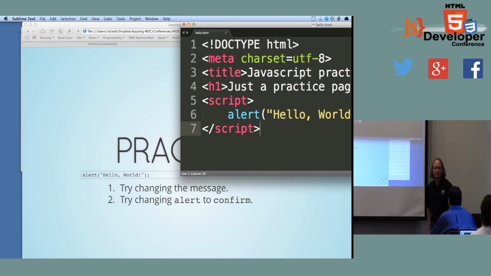So is there any software that can take a page written in this nice new HTML5 method and add all the junk that you need to make it work on the older browsers? The question is, is there any software that will take that shorthand markup and turn it into long form? I don't know if anyone's done it.